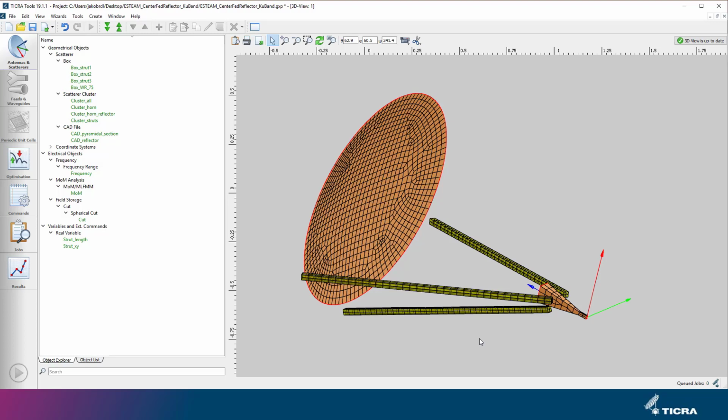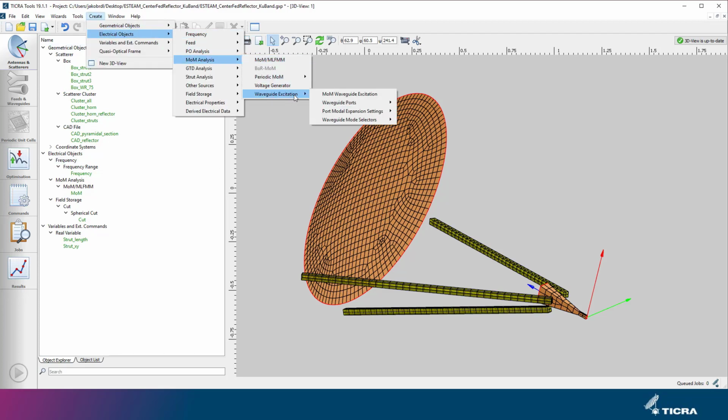So with the mesh in place, we're ready to excite the structure with, in principle, any kind of source. But in this case, we'll excite it with a mode from a rectangular waveguide via the input port on the right side of the horn. To do so, we need to create a couple of objects needed to define the mode, the port, as well as the excitation in the MOM analysis. We'll illustrate and explain this in the following.